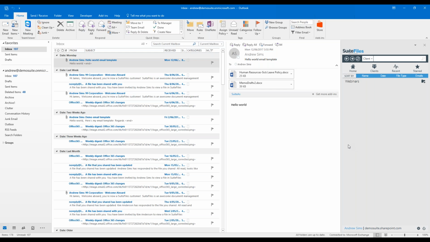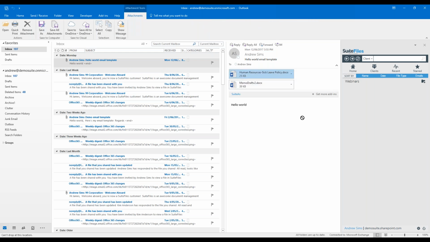Let's first of all look at saving the attachment. So I've got this email open here. It's got a couple of attachments in it. If I want to save one of these attachments, I can just simply select it from the preview mode here in Outlook, and I can drag and drop it over to the folder that I need to save it into in SuiteFiles. Now I do have to have the folder open, and I drag and drop it over and save